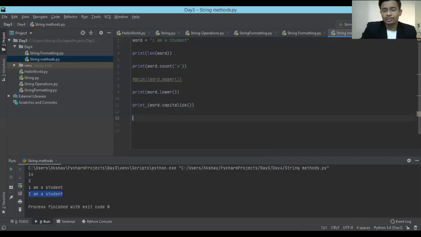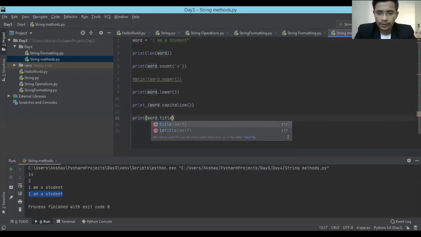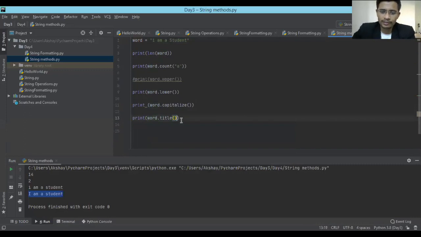But there are cases, there are people like me who love all the words with capital first letters. So like I did, if you go and check my blogs on my website, you will find every letter of the string, or wherever I want to give focus, I make that word with a capital first letter. Okay, so for those people there is one more function. What you can do is just use this word dot title. Okay, so what will title do?